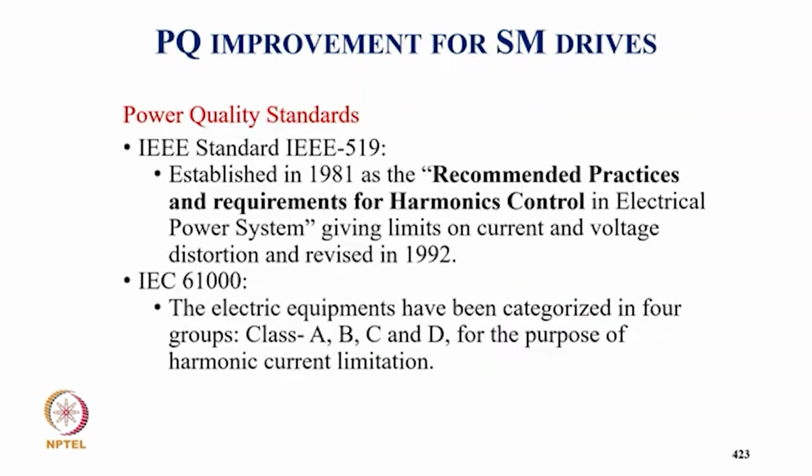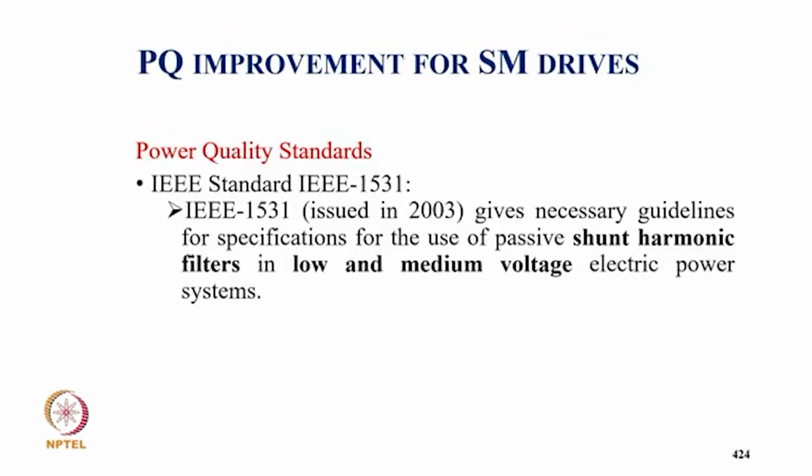Now there is a power quality standard, IEEE 519, established in 1990 as a recommended practice and requirements for harmonic control in electrical power systems, giving the limits, later on revised in 92, and IEC 61000, and then further revised in 2014. IEC 61000 categorizes equipment in 4 groups, class A, B, C, D, for the purpose of harmonic current limits, and another standard, IEEE 1531, issued in 2000, gives the necessary guidelines for use of shunt harmonic filters by